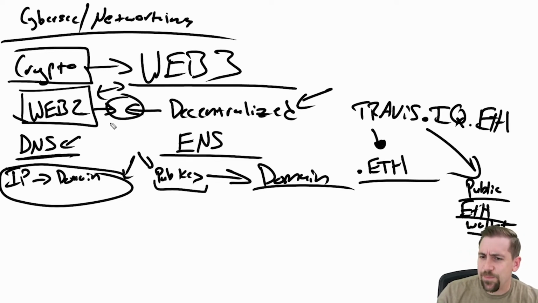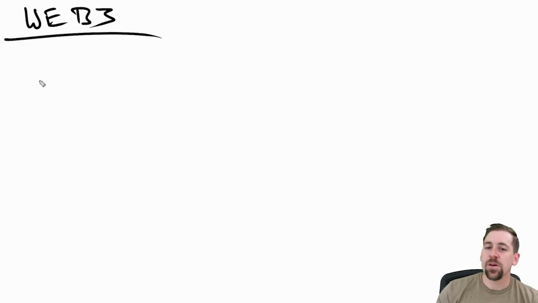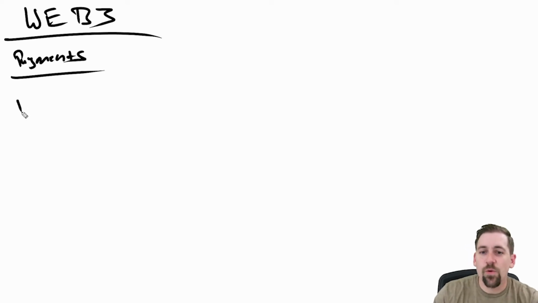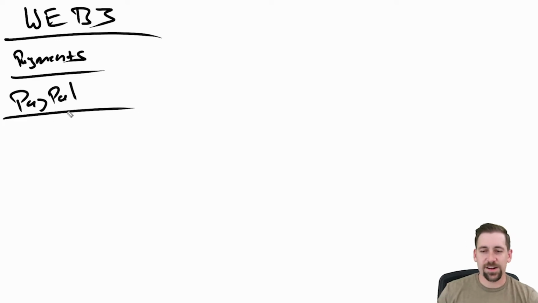So here's an example of Web3 infrastructure. There's other things here, right? Obviously, you can use it for, let's clear this off. So what else can we do in what is a Web3 equivalent? Online payments. You can think, why do I need Web3 for payments when I can use something like PayPal, for example? Well, there are some pretty cool advantages from a financial standpoint, from a fees standpoint, things like this.